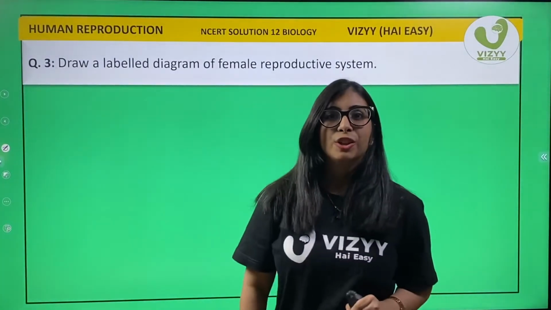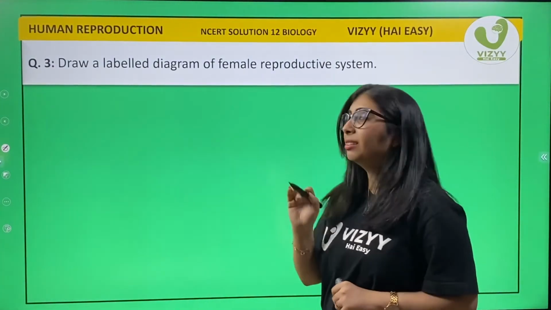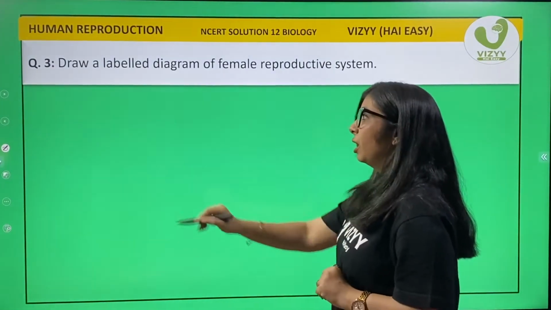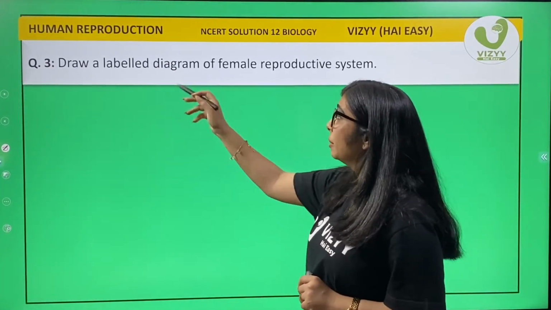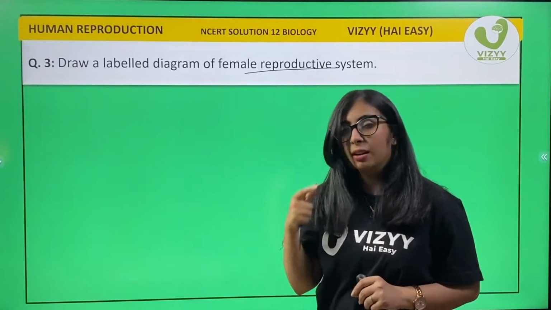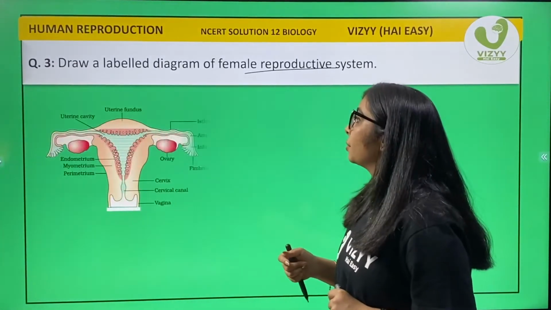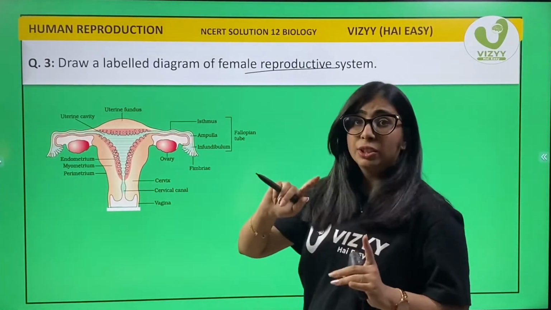Okay students, so let's start with question number 3. Again, this is a diagrammatic question, and what are we asked over here? We are asked to draw a labeled diagram of the female reproductive system. So we did male, now female. In the female reproductive system, your labeling should all cover